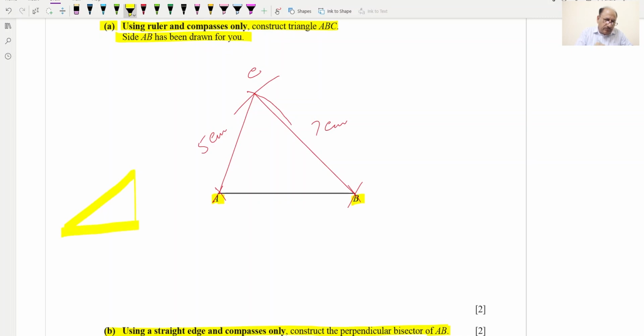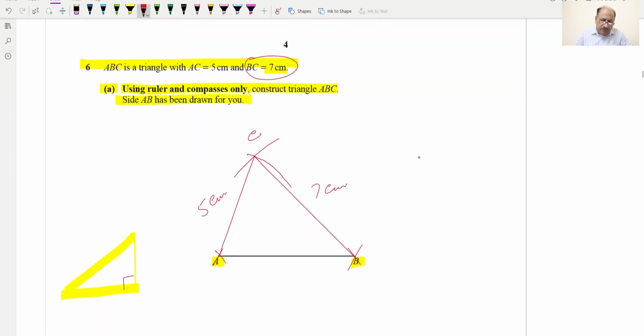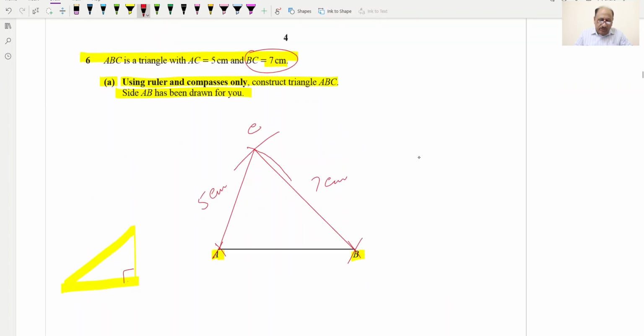So we will be keeping this one on this side, so it should be the perpendicular bisector of AB. We will take half of AB, the middle point, like for example, roughly I'm taking this B point, and this one we will be